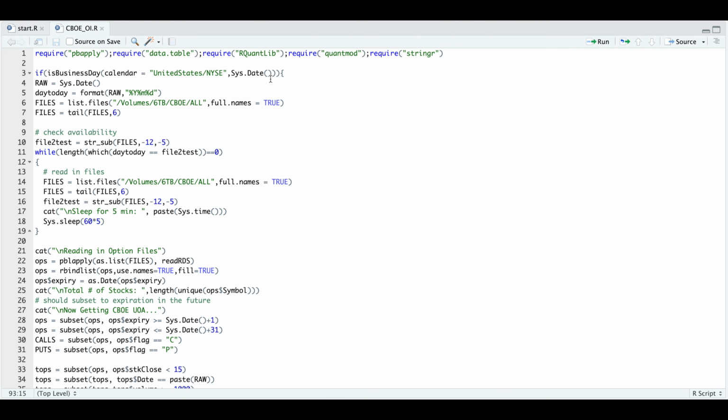Since I have this automated, I first test whether or not it's a business day or a trading day. If it is, make the calculations. Otherwise, just close the script. So we start off by reading in the files. I'm only going to concentrate in the latest 6 files so that I can calculate the net change in the